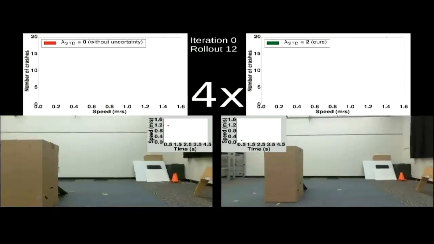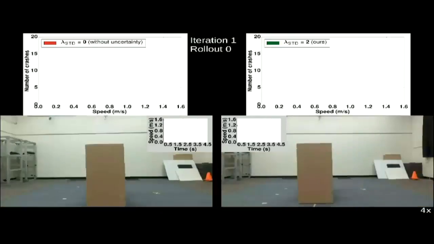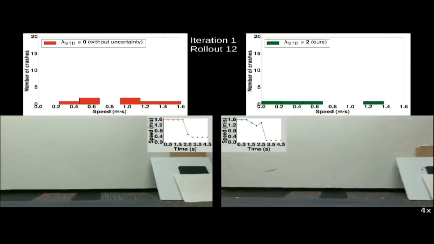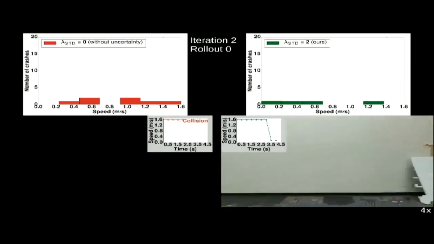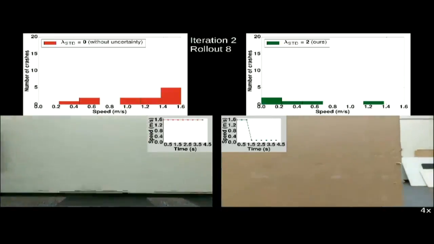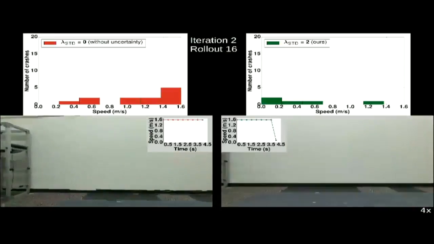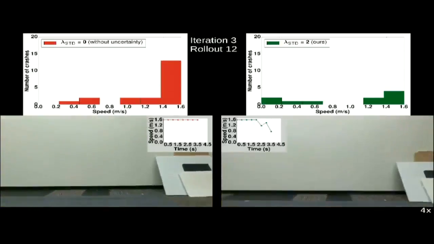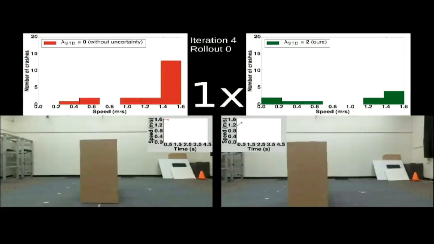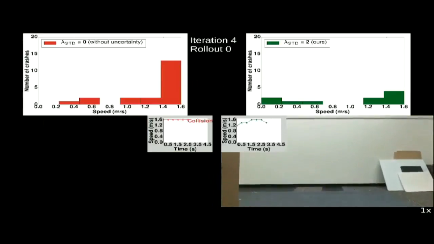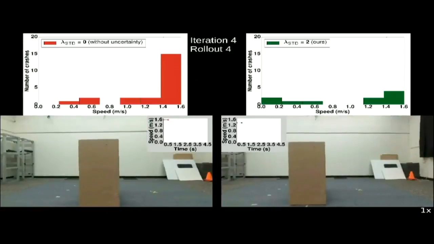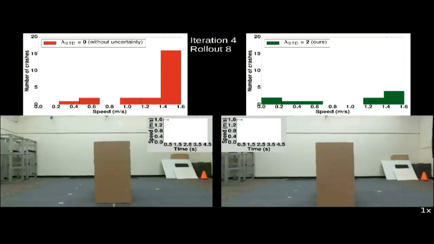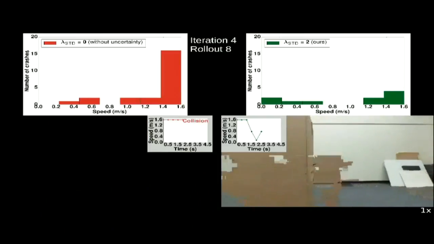And you can see over time, the method on the right is more cautious, and it learns how to slow down when it's going to collide and crashes much less often as a result. And at the end, it's able to learn how to get around the obstacle. And you can see the plot on the top, plotting, again, the speed versus the number of collisions. And you can see without the uncertainty estimates, it collides very, very frequently at high speed, which obviously isn't good for the quadrotor.